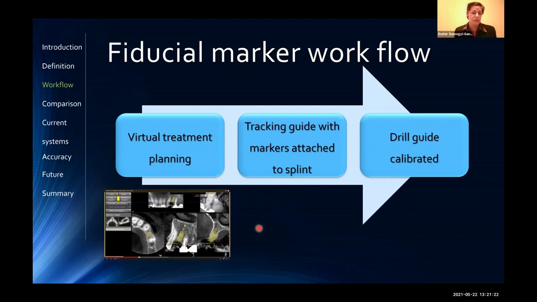Once you have your treatment plan and you placed your implant, you make sure that it's in bone, that it's the right size of implant. You can choose your brand, you can choose your size, you can choose your diameter. Once the ideal plan is achieved,